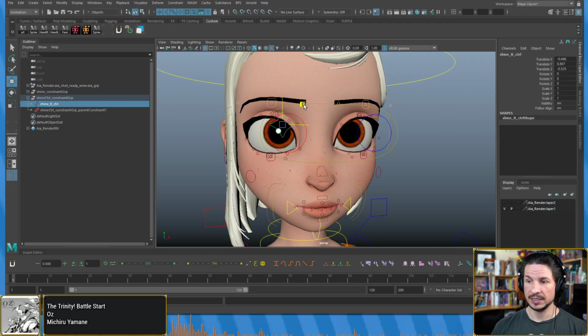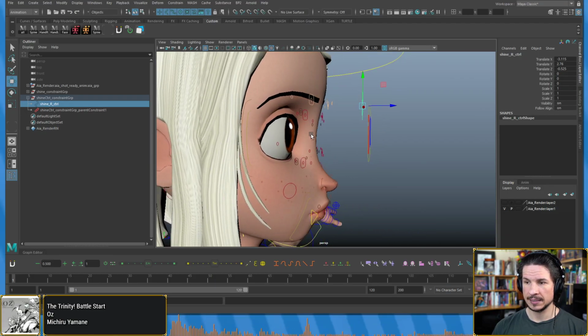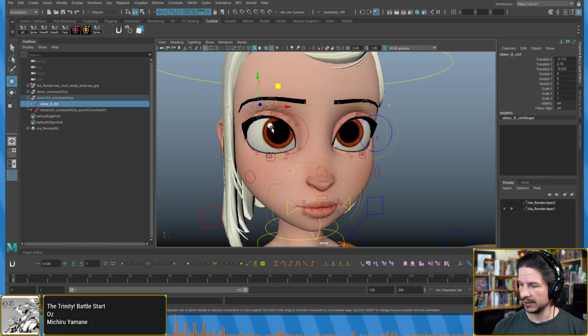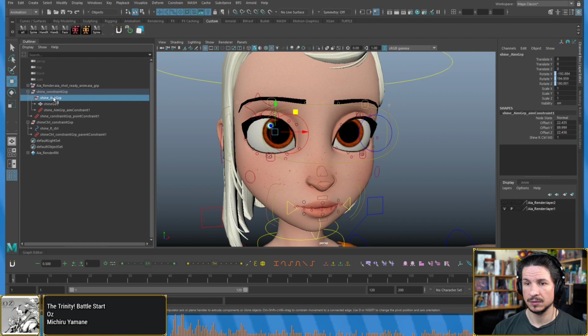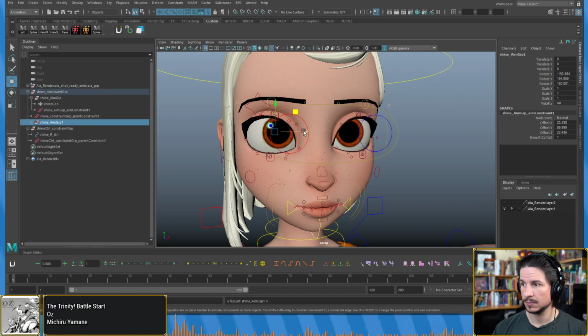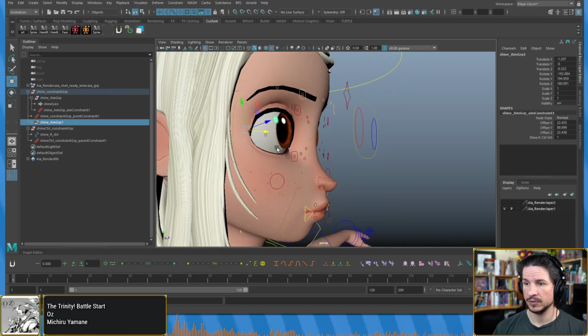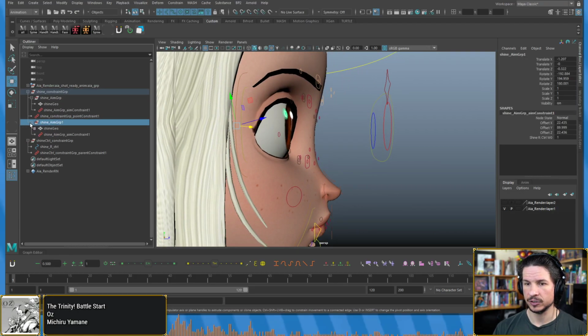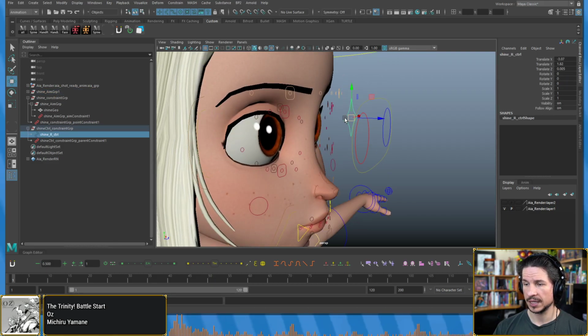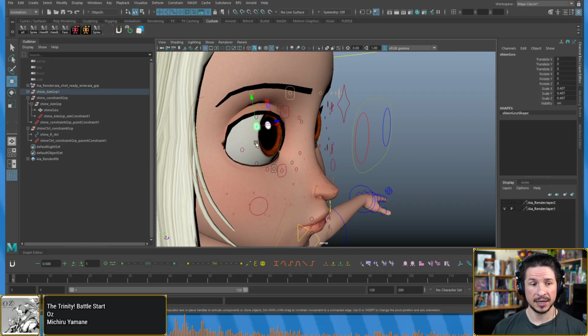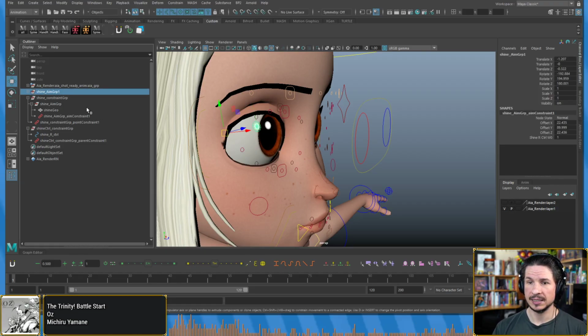One of the ways I could do this, and I want to try to think how I can show this easily, because it's really just going to involve me having to dig through all of the hierarchy in this rig. But you need to create a wrap deformer. So actually, let me duplicate this. Do that. So this is just another eye group here. Move it all out right there. Okay. So if I wanted this to be affected by the eye, what I would need to do is